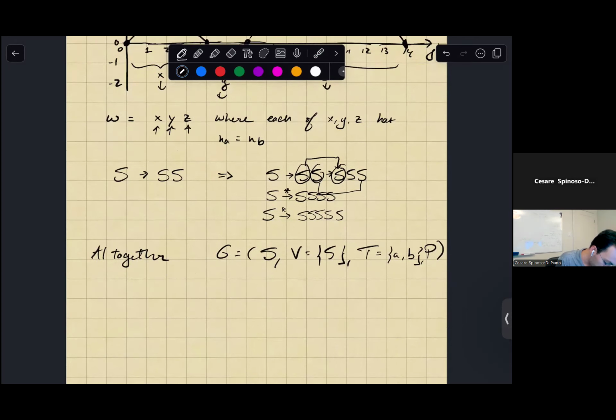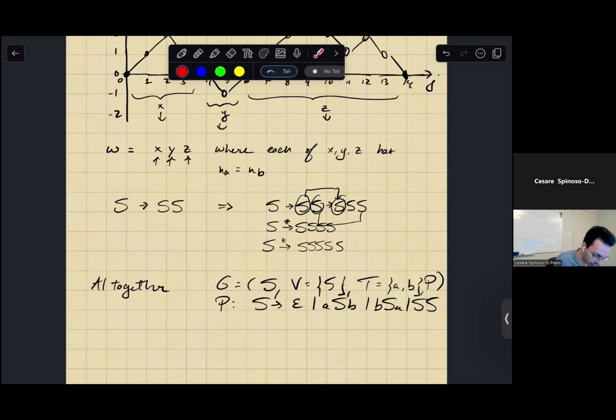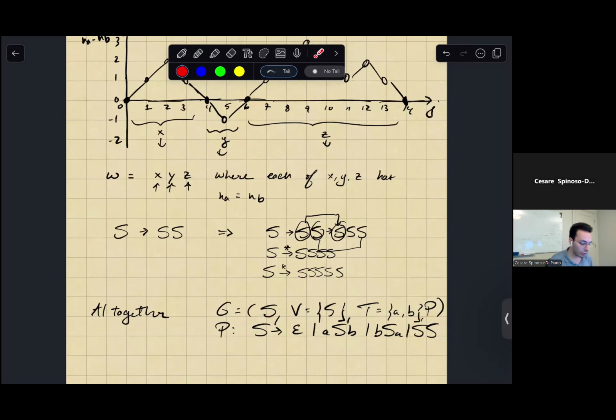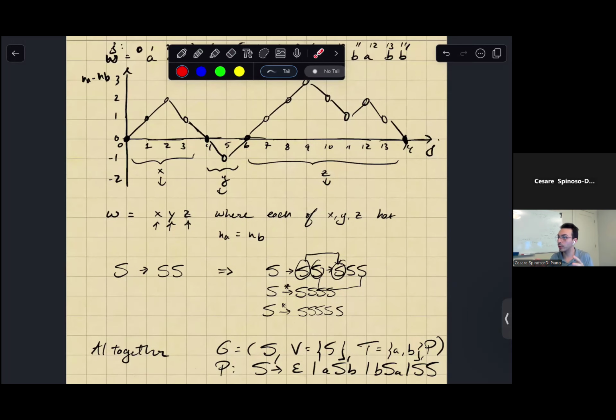So the production rules P are going to be S gives me the empty string, then ASB, then BSA, and then SS, right? This is the base case, and then this one is to subdivide into smaller cases that allow me